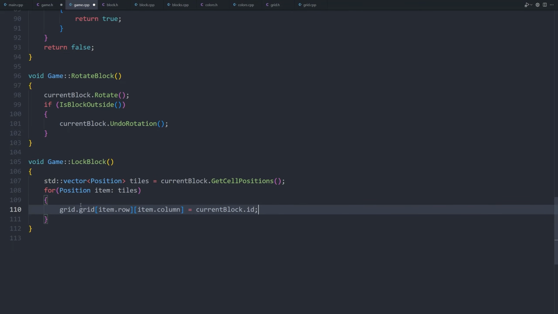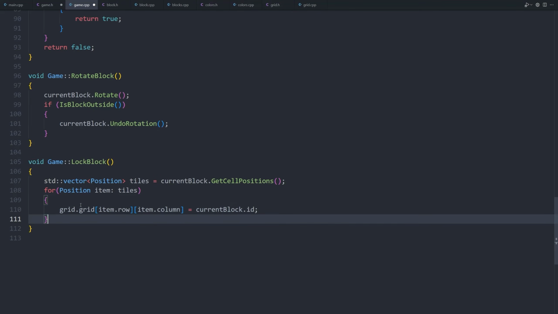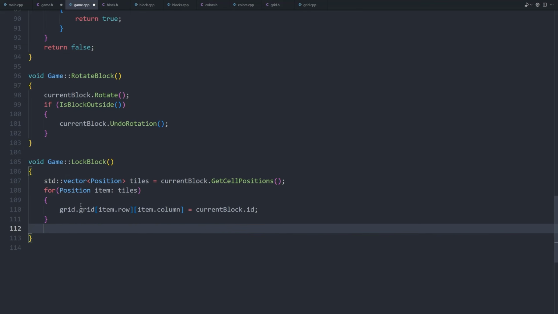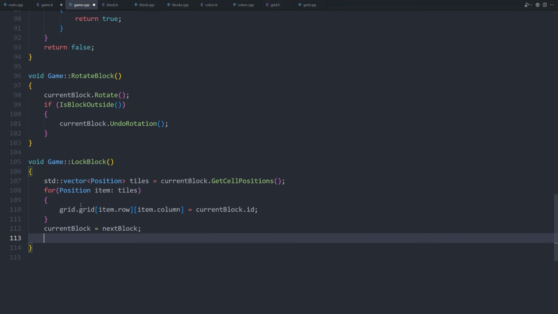We already know which is the next block. It is saved in the nextBlock attribute. So we type currentBlock = nextBlock; And we have to update the nextBlock attribute with another random block. nextBlock = GetRandomBlock();